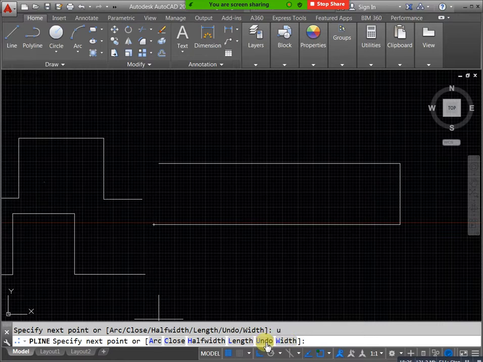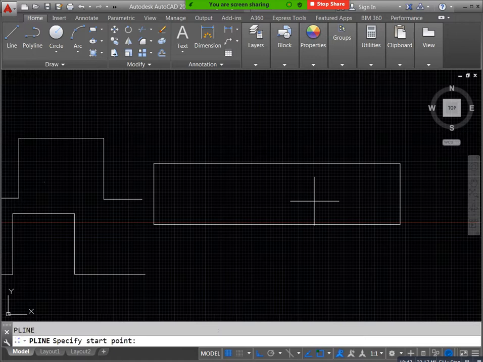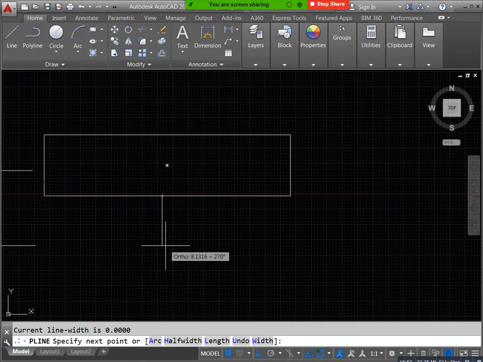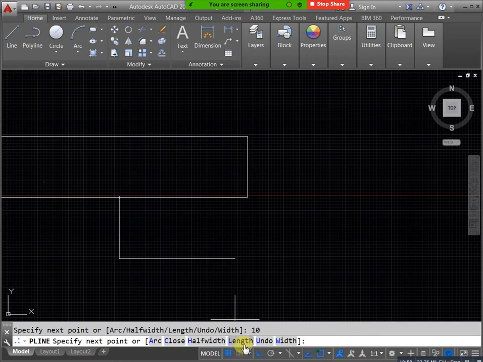Again PL enter. I will start here. If you know length, you can apply again. But here we have some options. Length, already we mentioned now. How much length you need, directly you can mention. We no need to select this option, right? If you know length, directly you can apply that. You no need this one. Next you will take arc. If you need arc, you can select this arc and apply like this, where you need your point. If you know radius, you can apply radius here, and you will get the arc, again you need same, you can apply, but I no need same. Again if you need line, you can select line, okay.